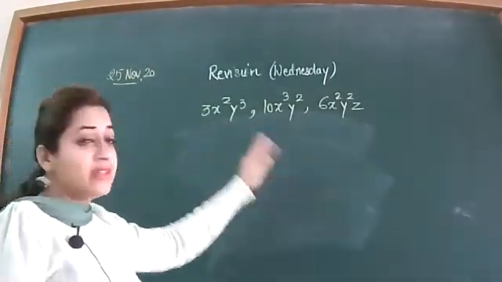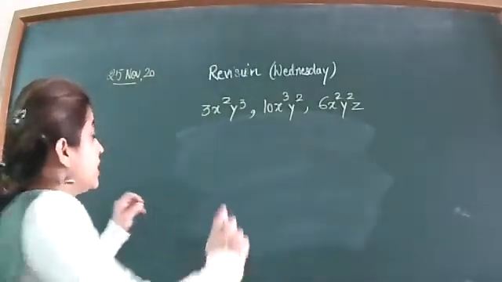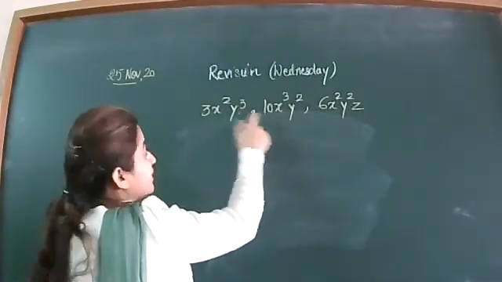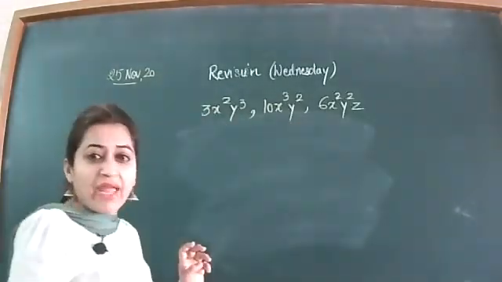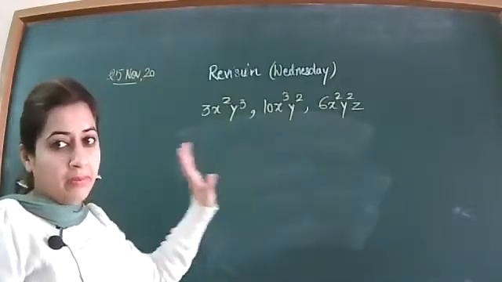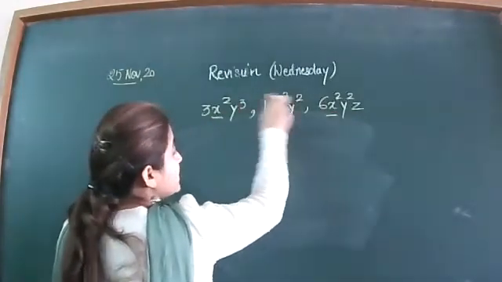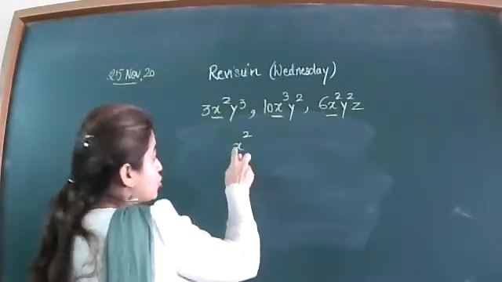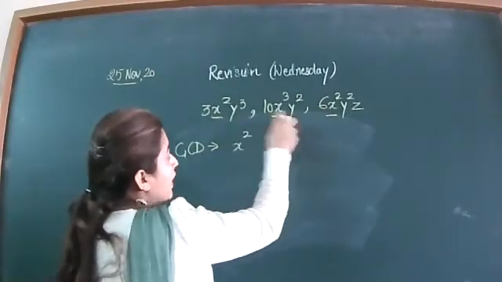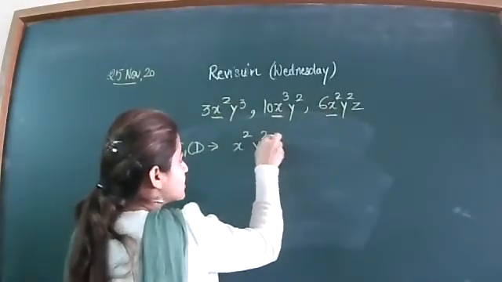I've written the next question. In this, you have to tell me the greatest common divisor or the greatest factor of these three terms. You can see that 6 is divisible by 3, but 10 is not divisible by 3. That means these three numbers don't have any number in common, so in the greatest common divisor, no number will come. Now, this is x square, this is x cube, this is x square. So the least power is x square, so in the GCD, x raised to power 2 will come. From y cube, y square and y square, the least power of y is 2. So the answer is y square.